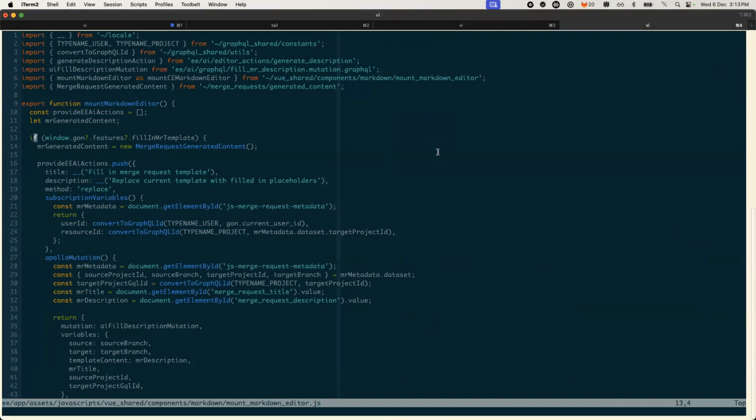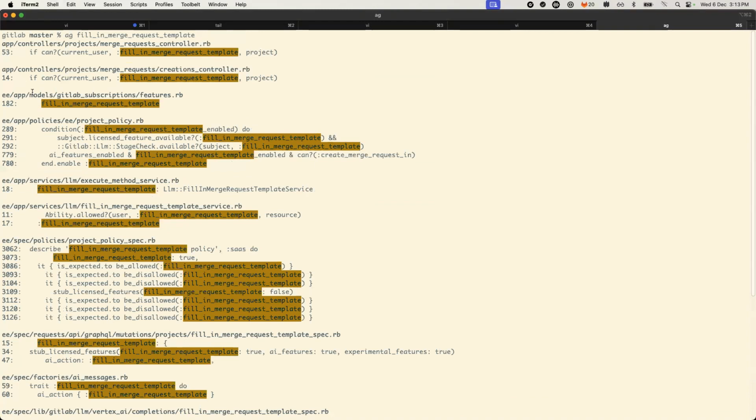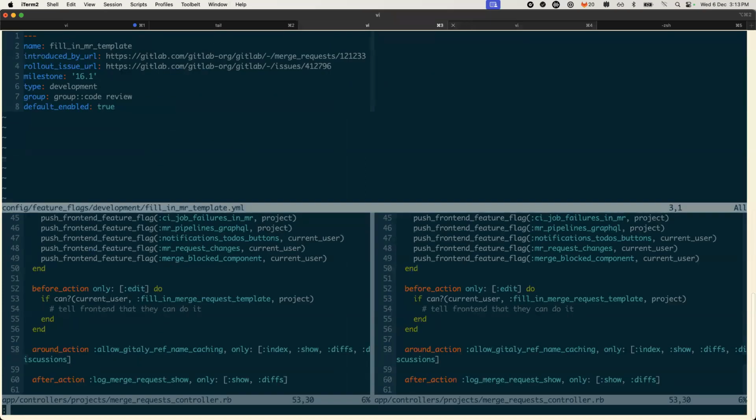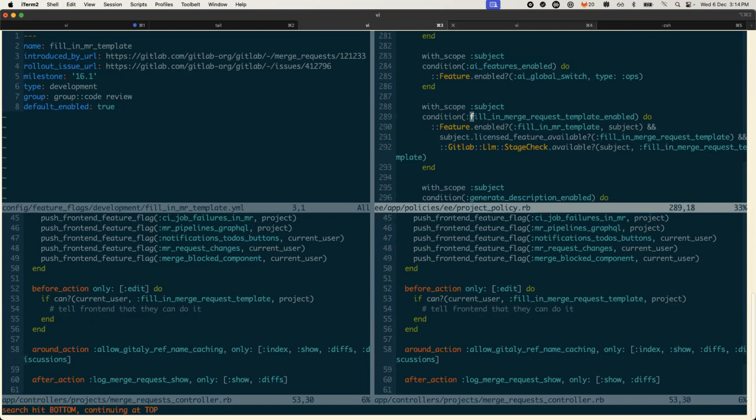App policy is this one, project policies, fill in merge request template. Okay, so there's a lot going on here. I've simplified that in my MR, but basically it's like, do they have the ability? Are AI features enabled? This is like an ops feature flag, and that's not specific to the user. And then the key thing